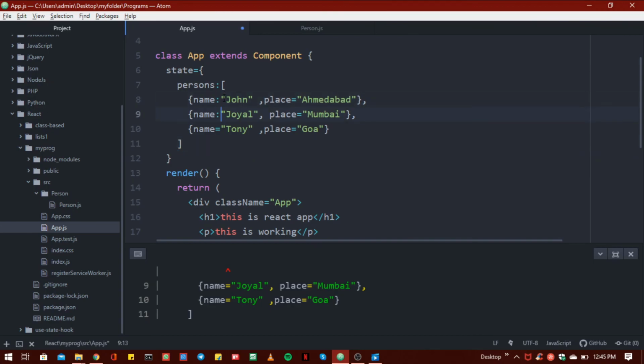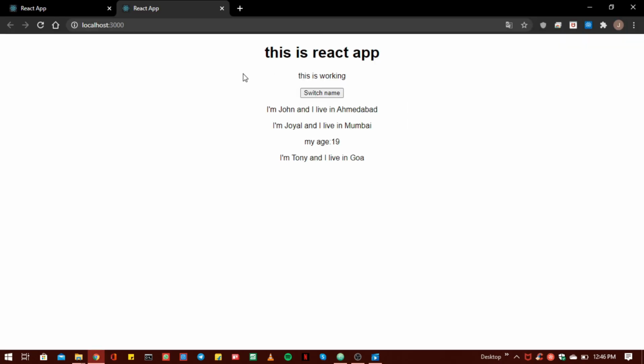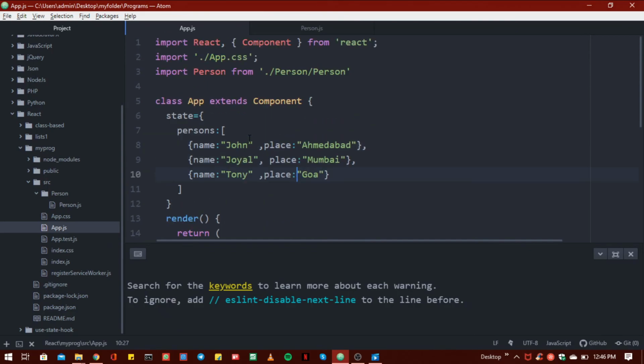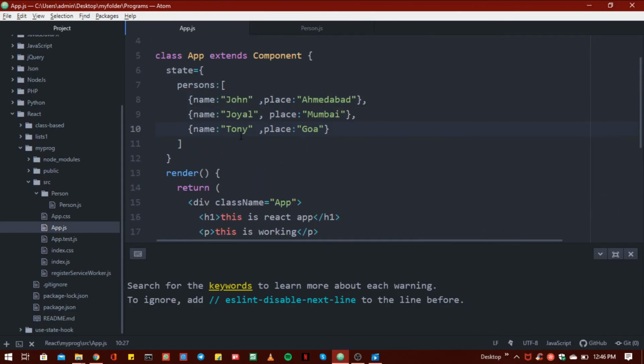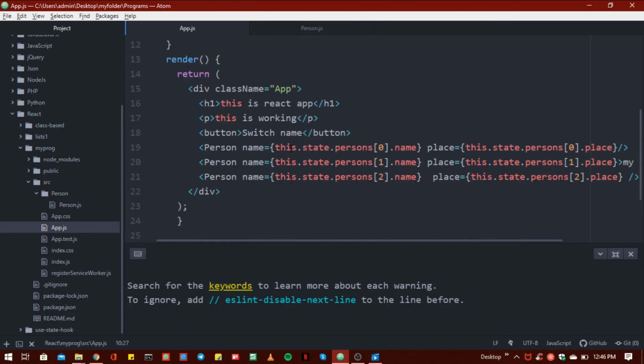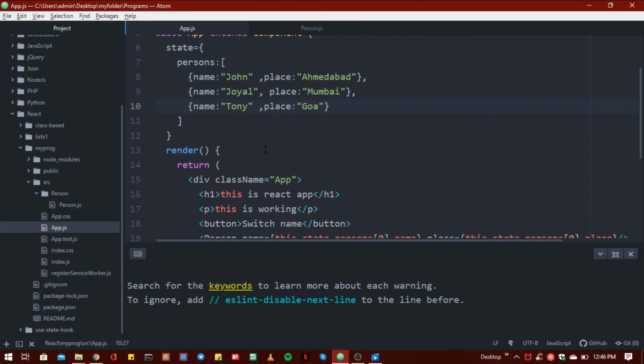Instead of equal to, we have to use a colon. Now save it, and you can see the output as before. There is no change, but we added a state and a persons property, and this is the non-hard-coded way.